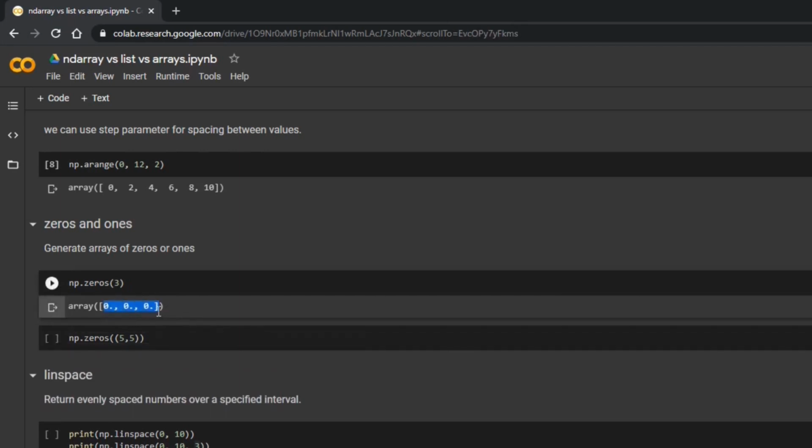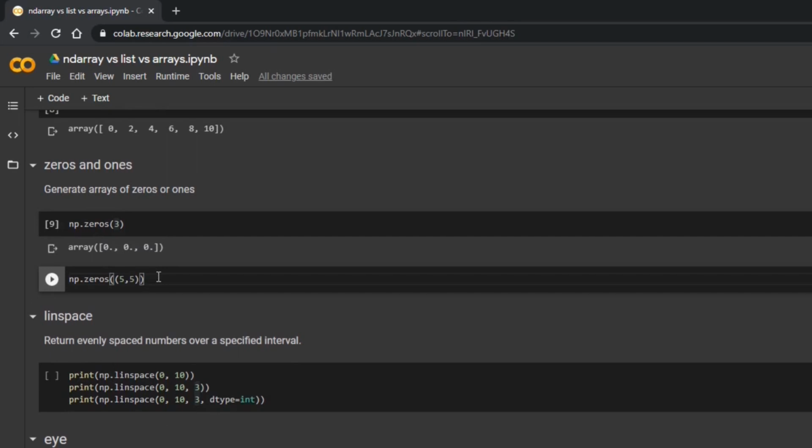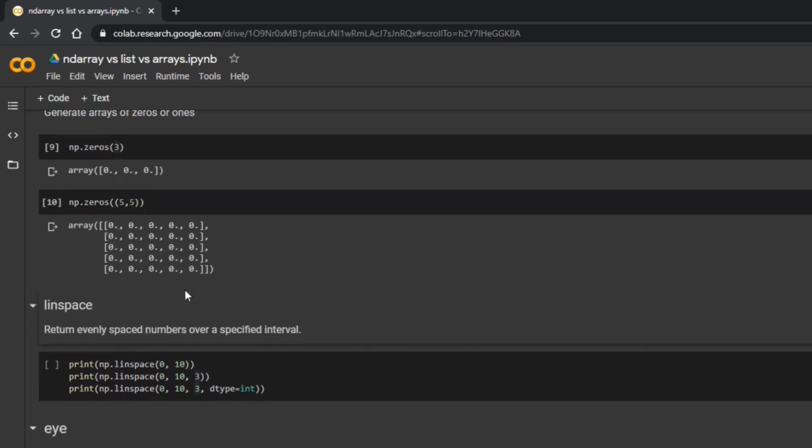Whenever we don't specify any data type while generating arrays, it generally generates float values. In the same way, we can generate two-dimensional arrays. Here we are generating an np array of 5 by 5 size, and all the elements are initialized to 0.